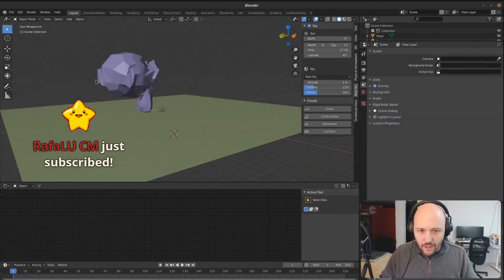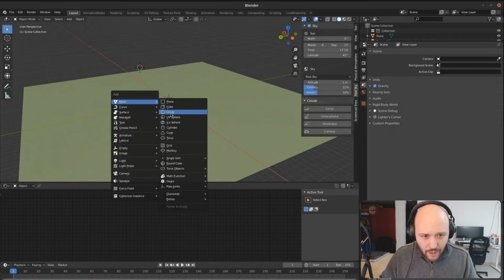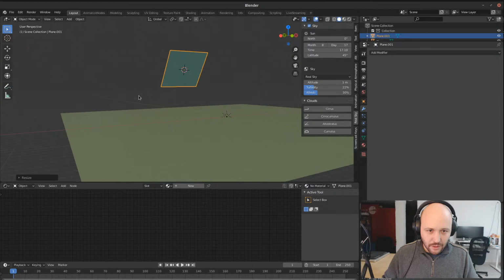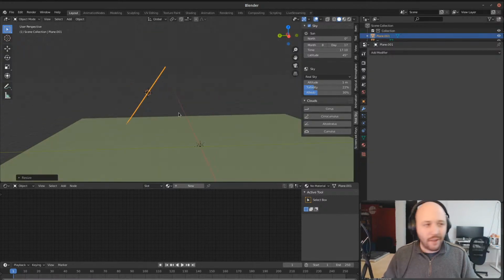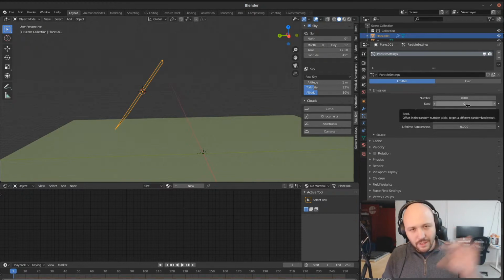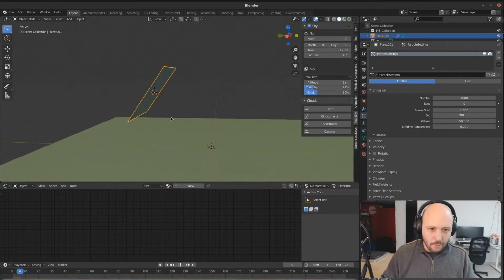We also have another option in the remesher. Let me create some particles. Yes, I said particles because I love particles. You know, I'm the particle guy. I really love particles. Even when I know the particles in Blender are pretty old, and I'm super excited by the new particles from